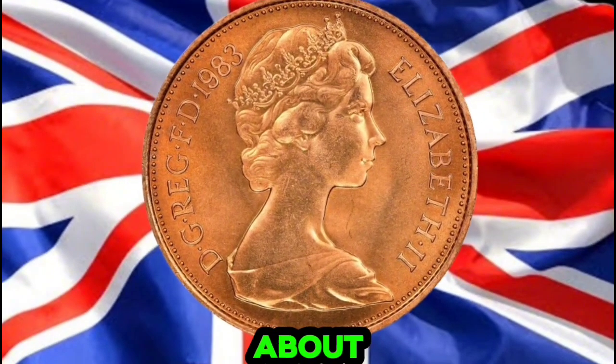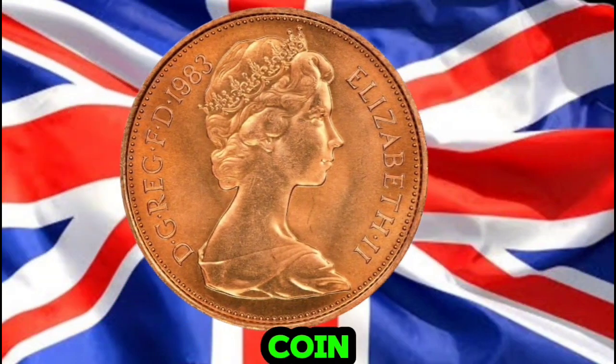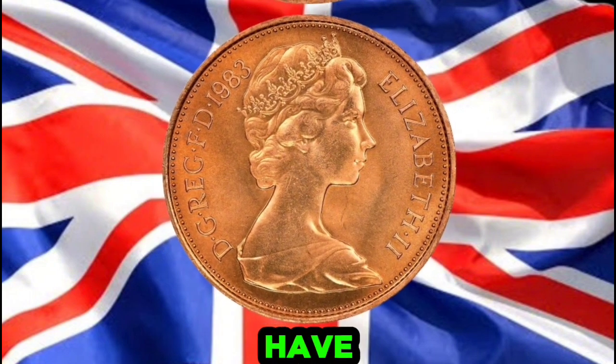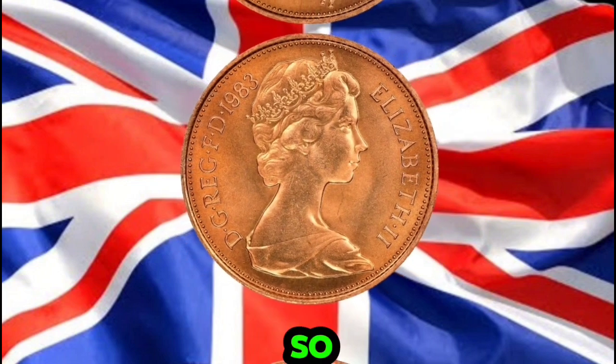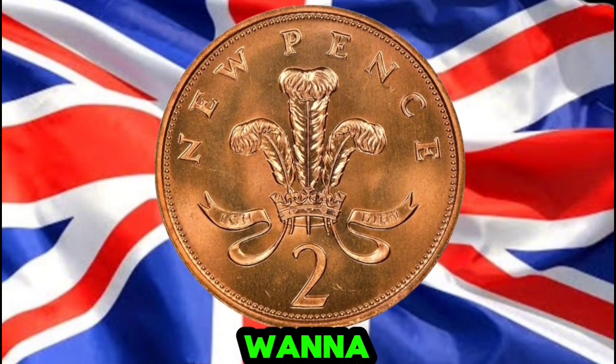Today, we're going to talk about a coin that's probably hiding in your collection right now, the 2 new Pence coin from 1983. But not just any 2 new Pence coin, if you have one of the rarest types. So, if you're into coin hunting, or you just love finding hidden treasures, you'll want to stay tuned for this